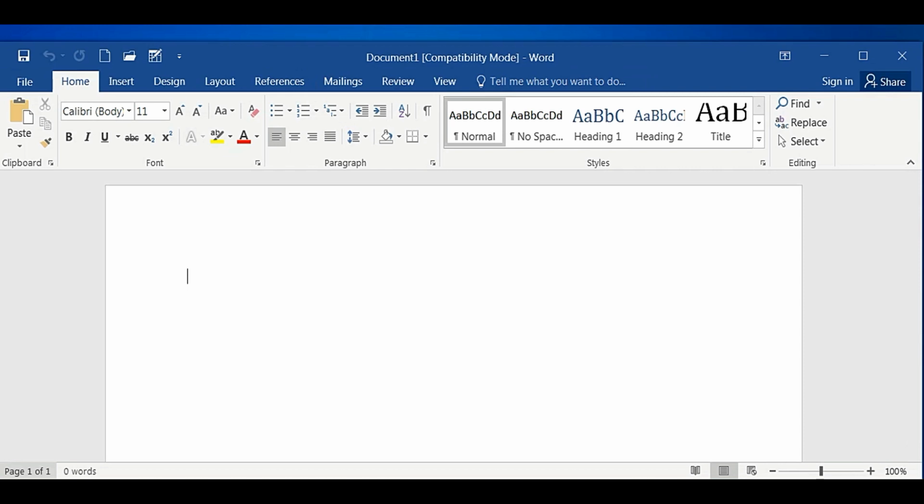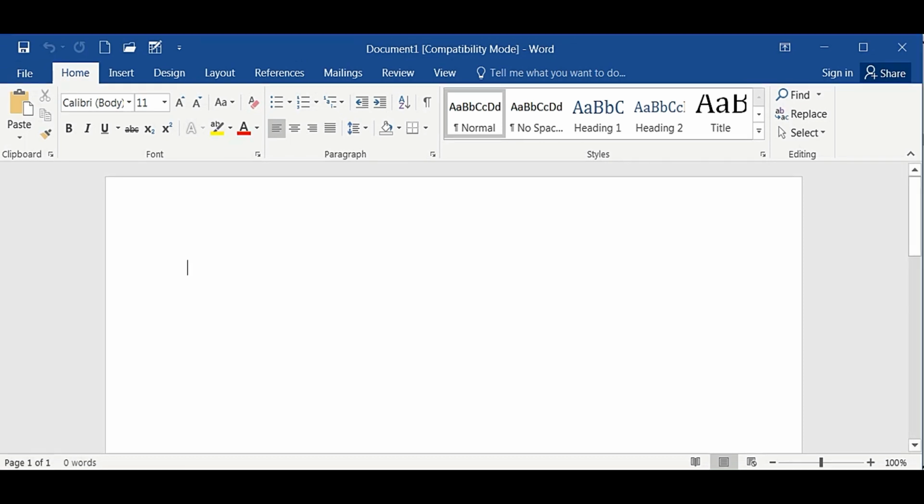And here it shows how many words are written in this file. Currently I didn't write anything here. Now it is a blank file, so that's why the word count is denoted as 0. Okay, so let's see how it works. For that I'm going to write something inside here. I have written here: MS Word is a word processing software.